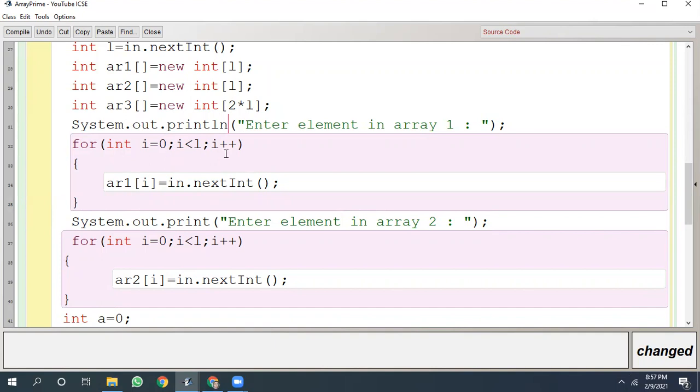Since the array commences from 0, we have written the loop commencing from 0 to less than L, where L is the size of the array. Using the function nextInt, which we are invoking with the in object, we are storing the data in AR1[0], AR1[1], AR1[2]. Like this, we are accumulating all the data in AR1.